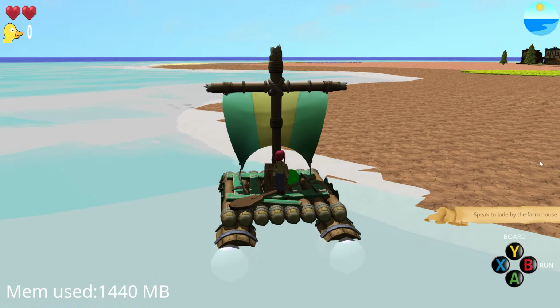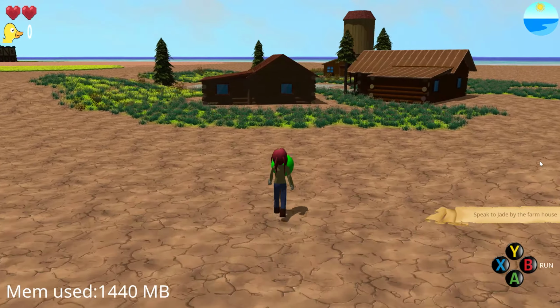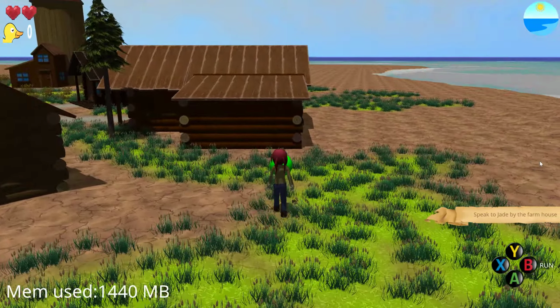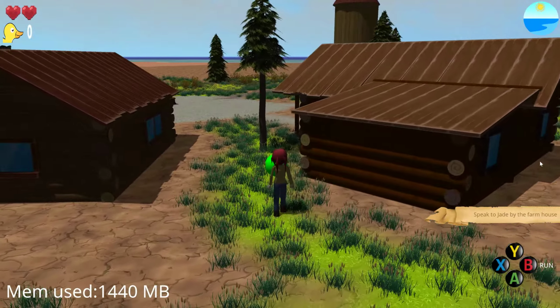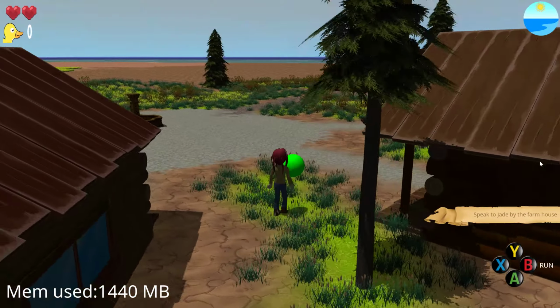I'm just going to come off my little boat, going to my little scene here. Again, that says up to 1440, so this side of the map requires 1440 megabytes. Now this is completely independent. You can make the world as complex or as simple as you want. It will